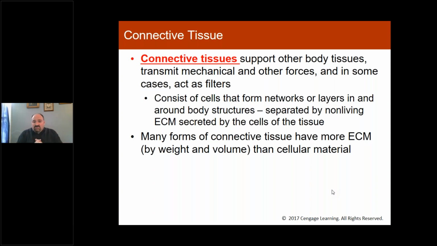So connective tissues, I said to you before that they are many different types of tissues. There's a fluid connective tissue, and that would be blood. So it's blood, we have bone, we have cartilage, we have adipose tissue, fat. These are all types of connective tissues. We also have ligaments and tendons, also types of connective tissues. And within connective tissue, you'll see that many forms of connective tissue have more extracellular matrix, ECM, than cellular